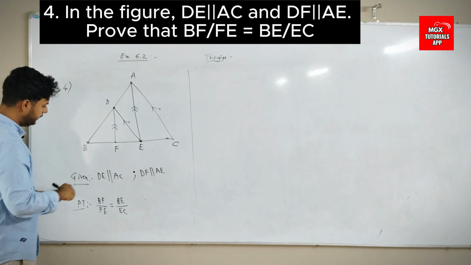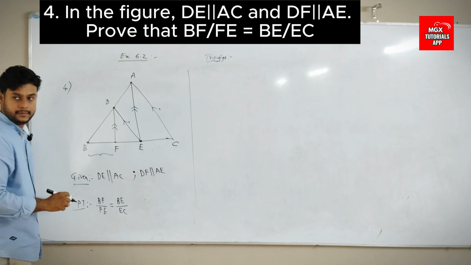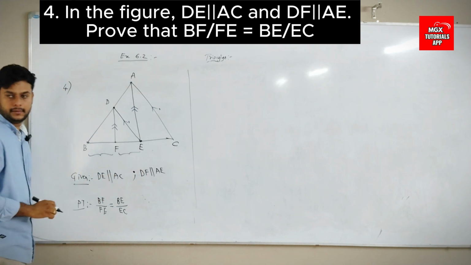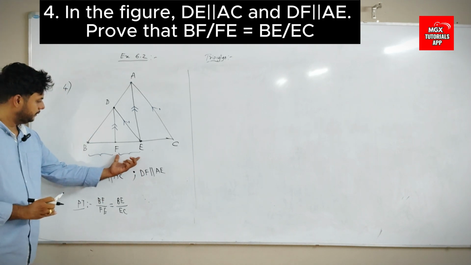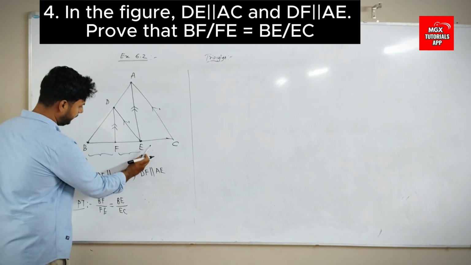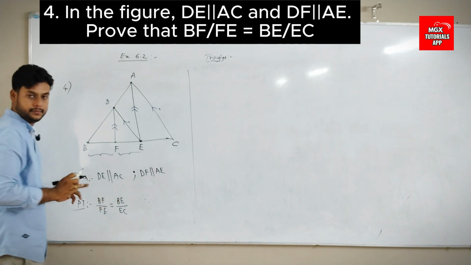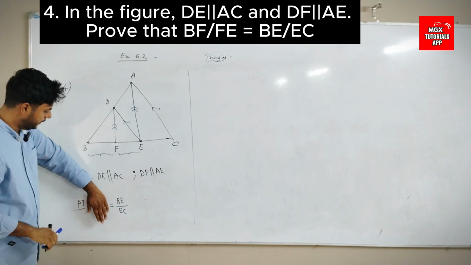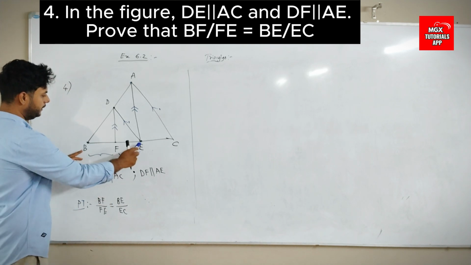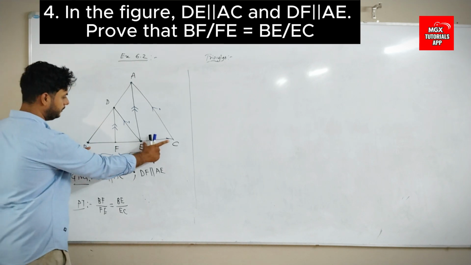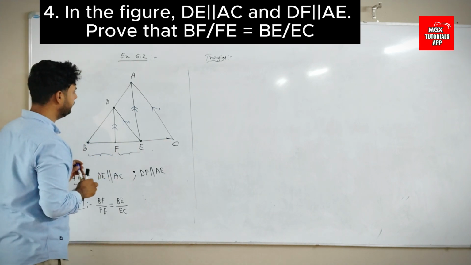So BF is there. Here is the BF, BF by FE. BF by FE is equal to, this whole thing, AE by EC. I should prove. Okay, now stop writing once you see. First I will take AE by EC. This is AE by EC, means this. So if I take this triangle,